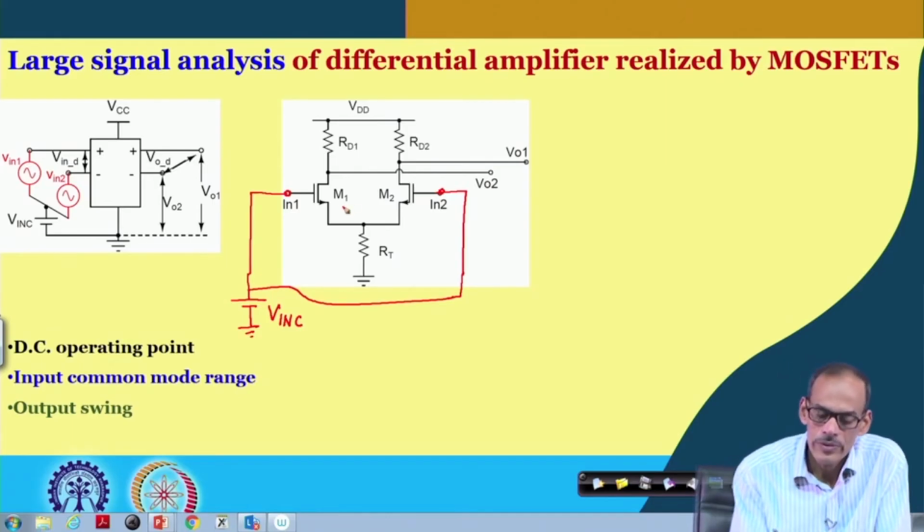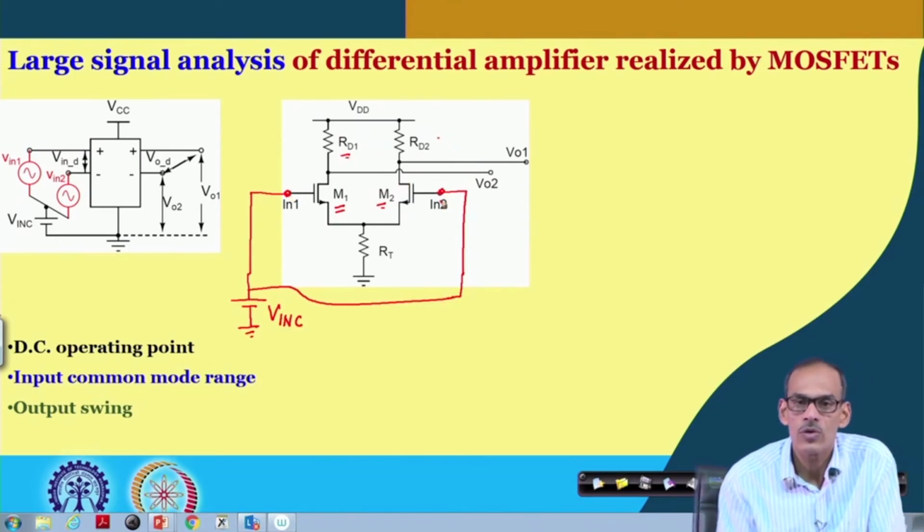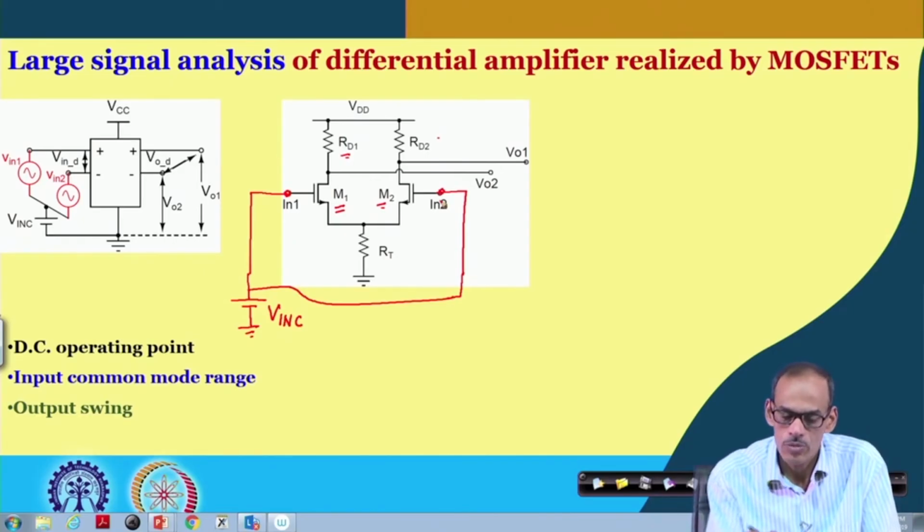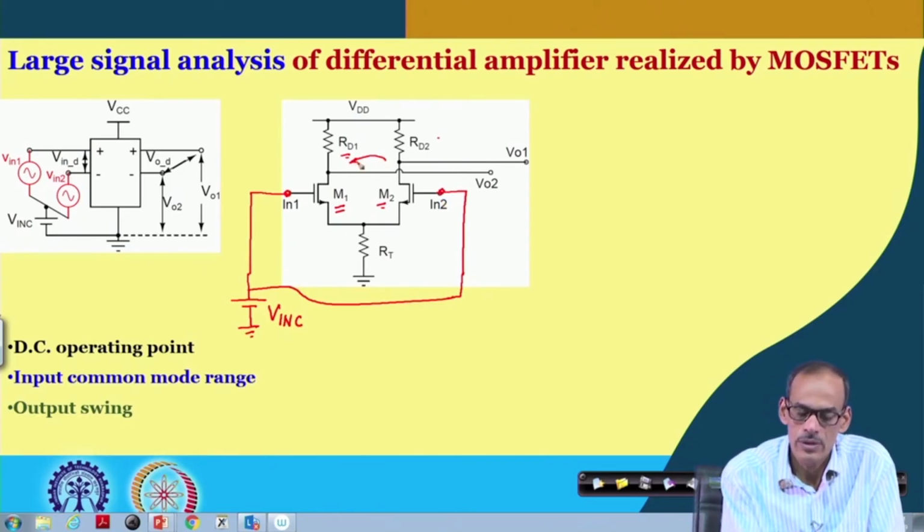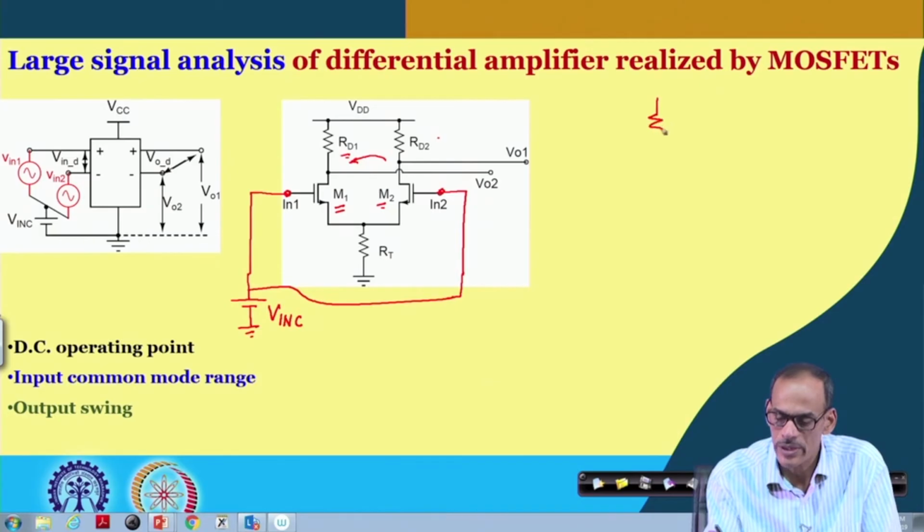Again, we are assuming these two transistors are identical, and these two resistors are identical, and since both gate nodes get the same voltage, we can fold it and equivalently say that we have a single